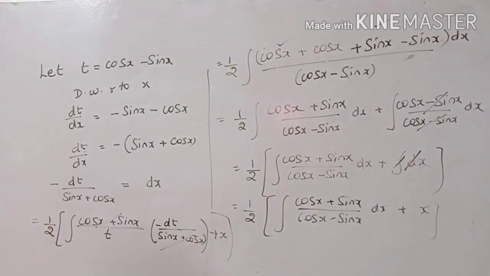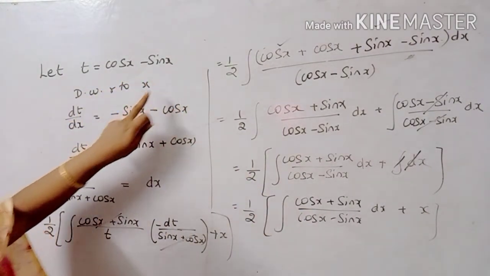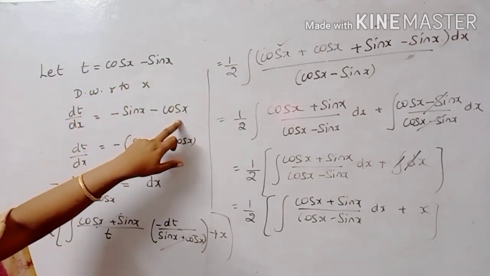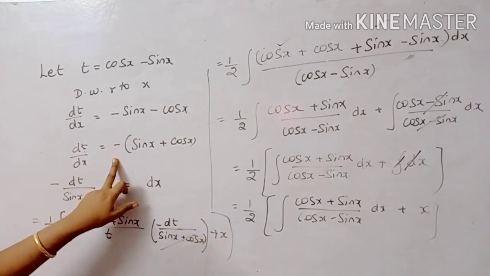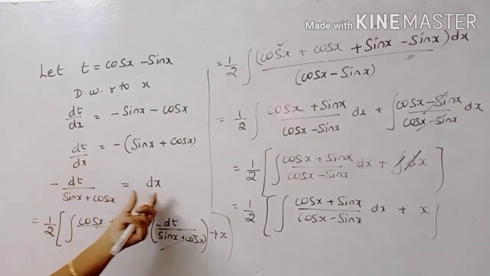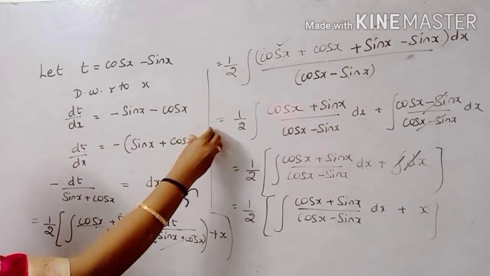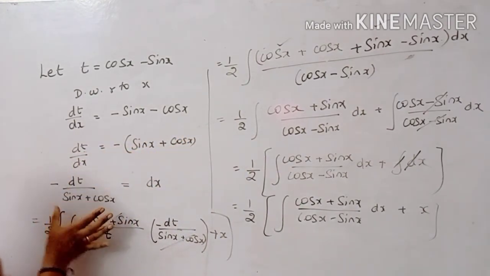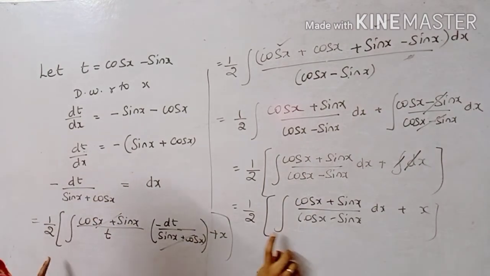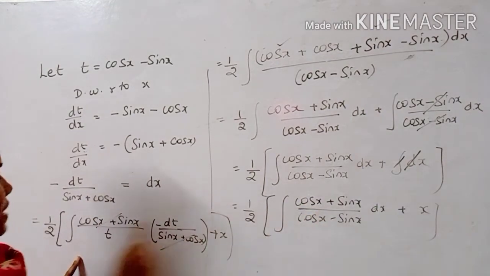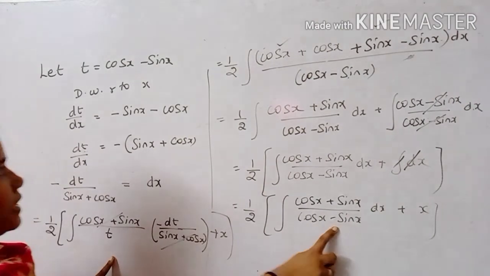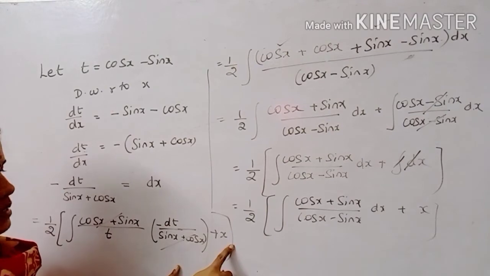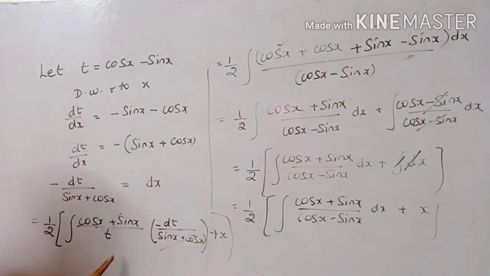denominator substitution எடுத்துக்கிறோம். Let t is equal to cos x minus sin x னு இதை differentiate பண்றோம். cos x differentiate பண்ணா minus sin x, differentiate பண்ணா cos x. So minus common வெளிய எடுக்கிறோம். minus common வெளிய எடுத்து இதில இருந்து dx உடைய value just place interchanging மாதிரி dx is equal to sin x plus cos x கீழே கொண்டு வந்துறோம். So இப்போ question இந்த இடத்துல substitute பண்ணிடுறேன். 1 by 2 integral cos x plus sin x as it is, cos x minus sin x க்கு பதிலா t, dx க்கு பதிலா minus dt divided by sin x plus cos x plus c. So இது ரெண்டும் cancel ஆயிடும். So remaining